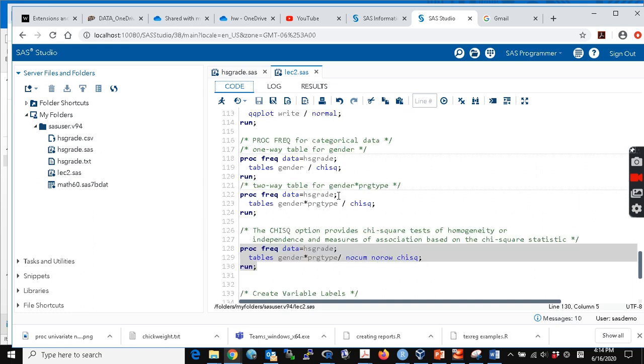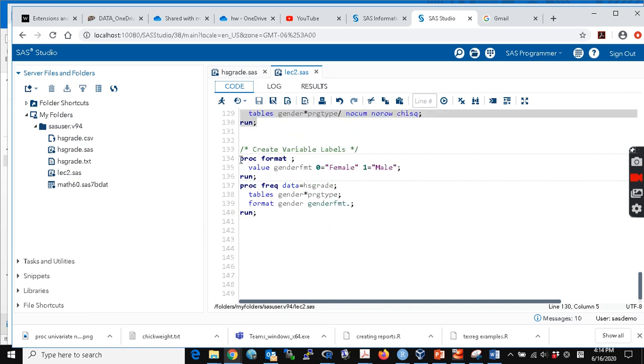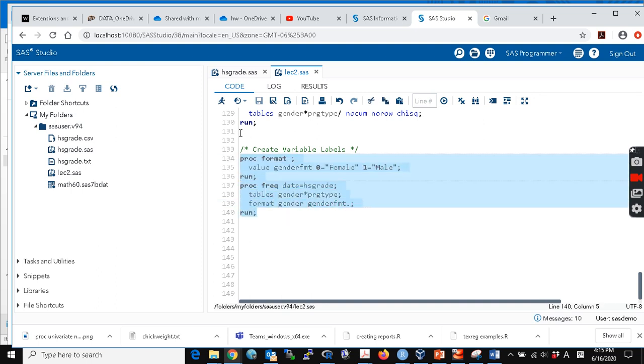And we can use proc format, and then you can specify the format here. So 0 means female and 1 means male, and then we can display the actual meaning of the variable in this table. If you run this and then specify the format statement with gender FMT and put a dot. This gender FMT is what we defined in the proc format, and we apply this formatting to the table by gender FMT with a dot here. So if we run this one,